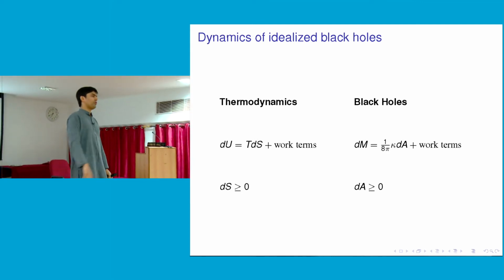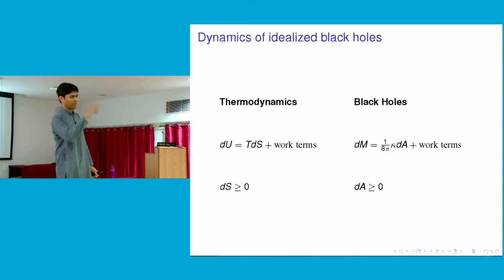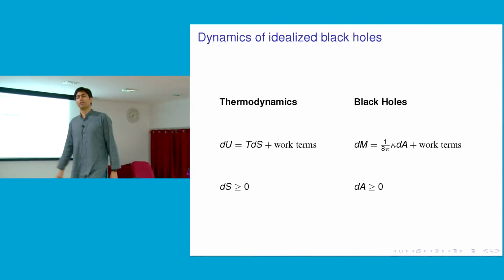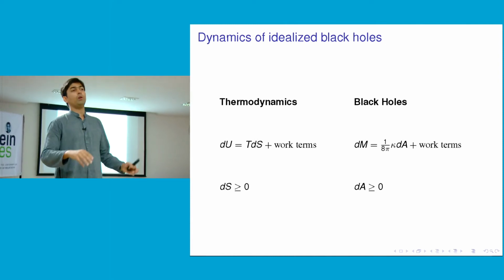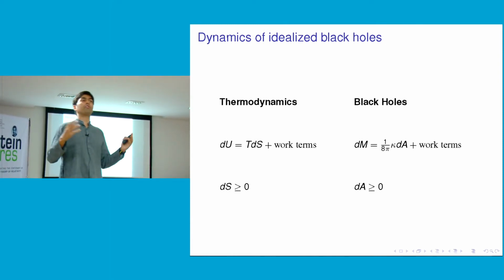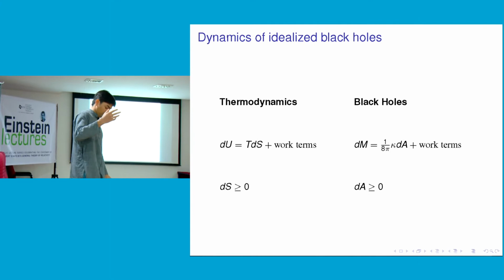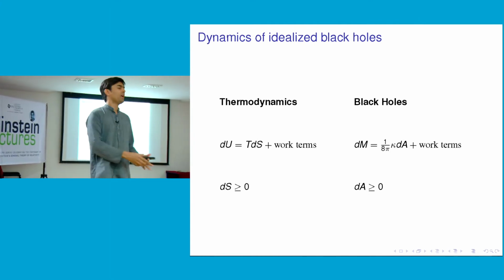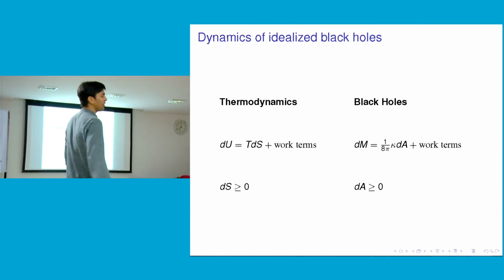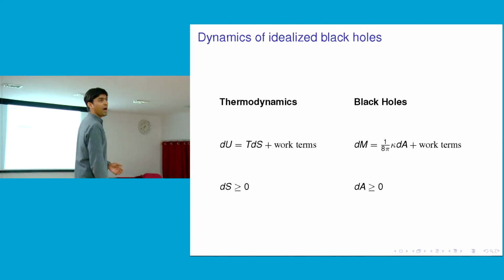That's roughly because you can't suck out matter. In fact, that's not precisely why it's the case, because in some situations you can reduce the amount of energy in a black hole, but you can never reduce its area in a physical process. Okay? So sometimes you may be able to suck some energy out of a black hole, but you can never reduce its area. And that actually is very similar to some laws of thermodynamics that perhaps many of you have already seen